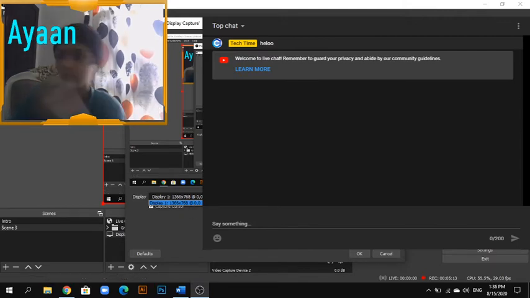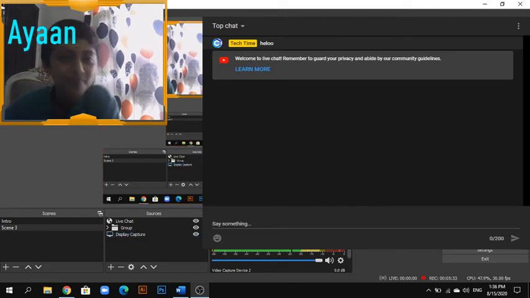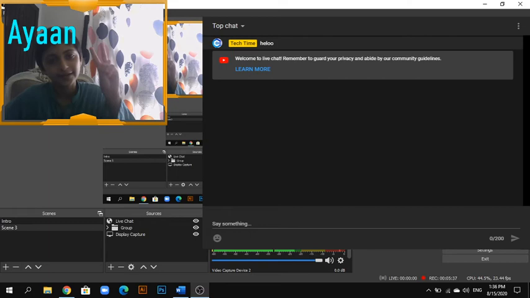Display 2 will be a monitor on that side, and maybe whatever other monitor you have. It will make it easier if you connect more monitors on your PC or laptop, whatever it is. Double screens are recommended, or else OBS doesn't record the webcam nicely.